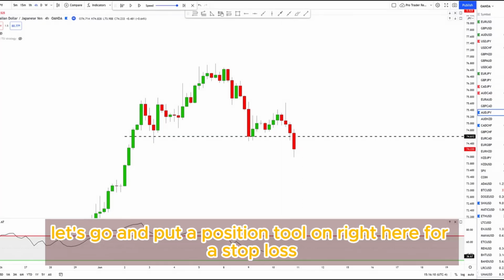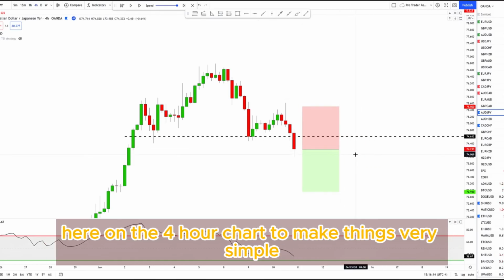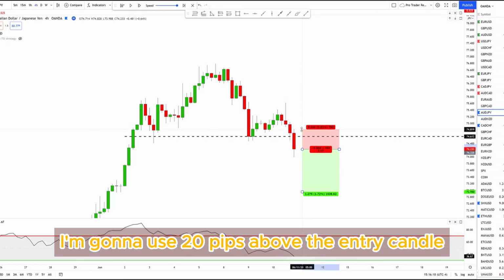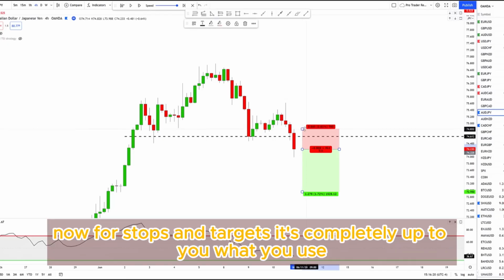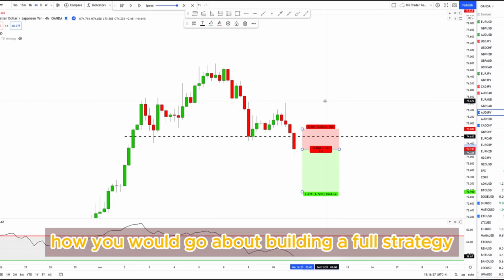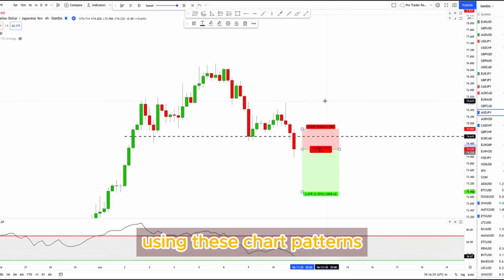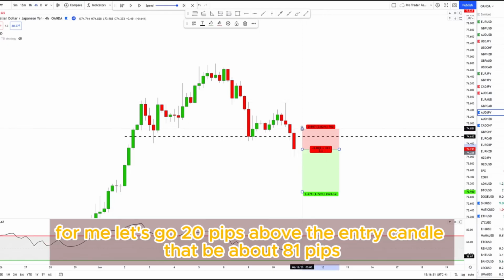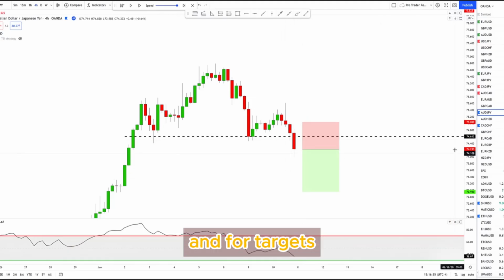Let's go ahead and put a position tool on right here for a stop loss. Here on the 4-hour chart, to make things very simple, I'm going to use 20 pips above the entry candle. Now, for stops and targets, it's completely up to you what you use. This is just an example strategy, and I'm just showing you how you would go about building a full strategy using these chart patterns. For me, let's go 20 pips above the entry candle. That'd be about 81 pips. And for targets,